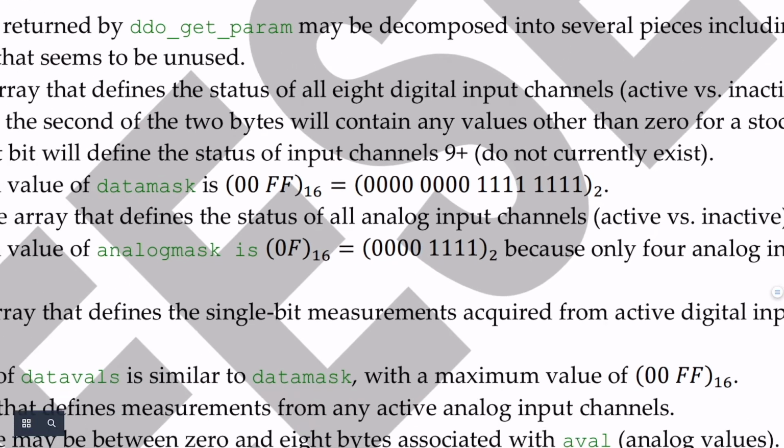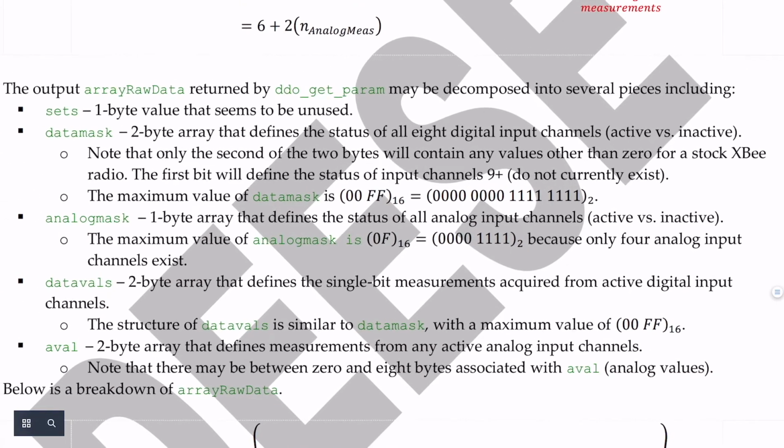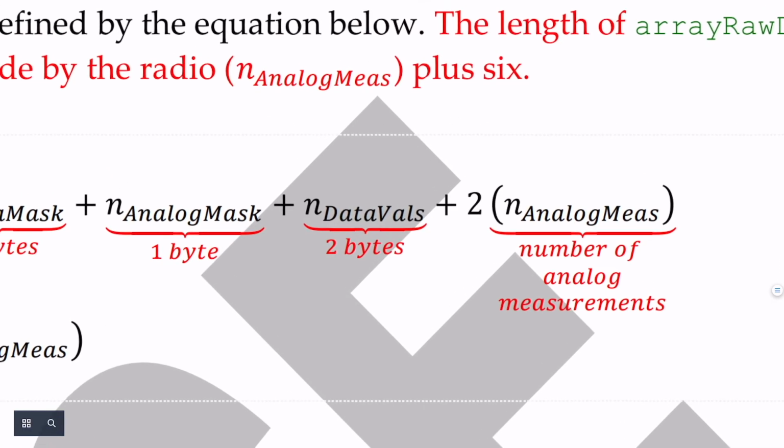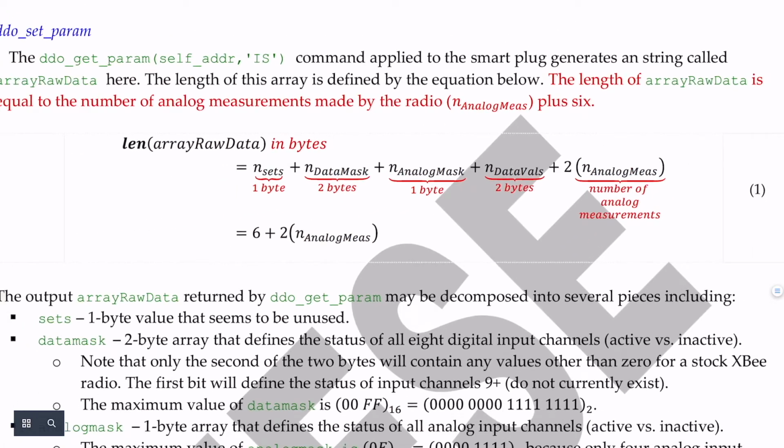And this makes sense because we know that only the first 4 channels are even capable of acquiring analog inputs. So the maximum value of the analog mask would be 0F, because you cannot get anything higher than 0, 0, 0, 0 and 1, 1, 1, 1. Only 4 analog input channels exist. Next in line is the 2-byte data value